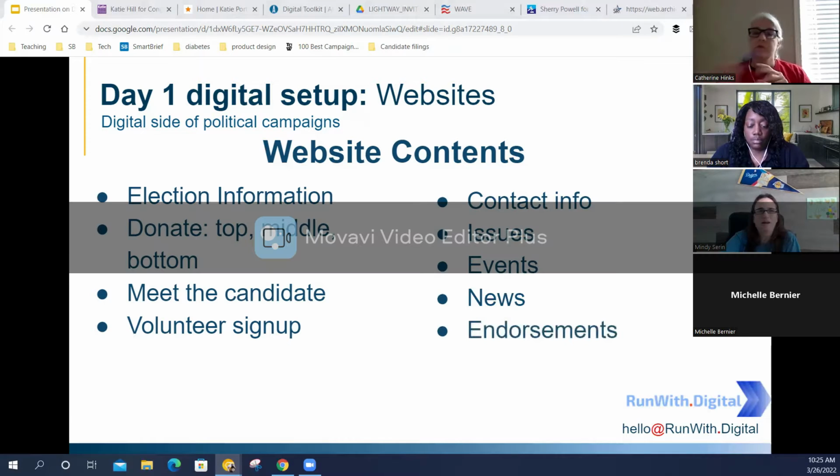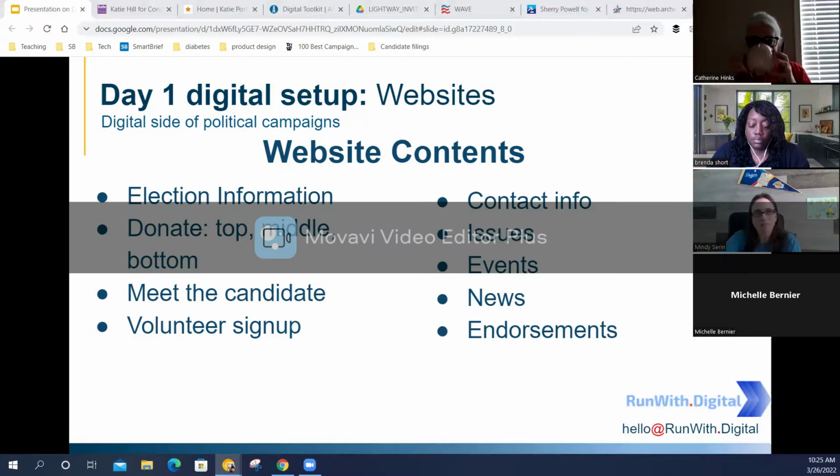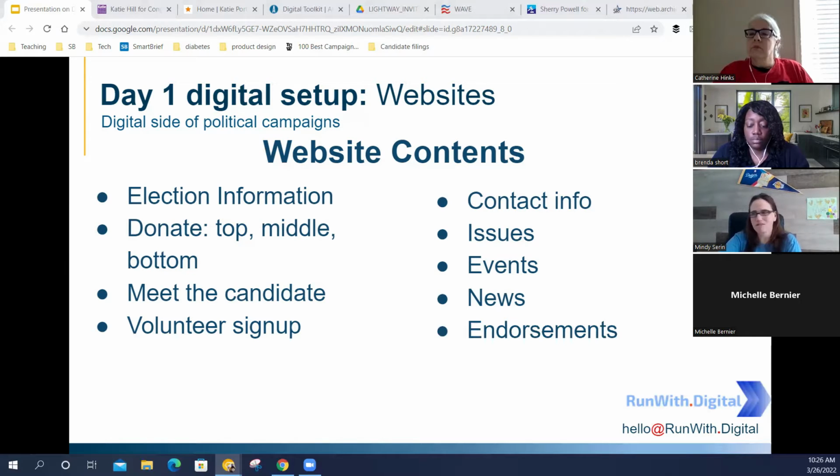Your endorsements, you want to keep a list of who endorsed you. Now, if you only have 2 endorsements, I know you're thinking, well, I'm just starting out, and that's great, but you don't want to look like only 2 people endorsed you. And again, this is up for debate. I personally would wait for at least 10 endorsements so that you don't look empty. Now I'm right now thinking of my judicial candidates, because there are literally hundreds and hundreds of judges to get endorsements from. If you have an endorsement from a club, from a union, that's different. I would put those up immediately.